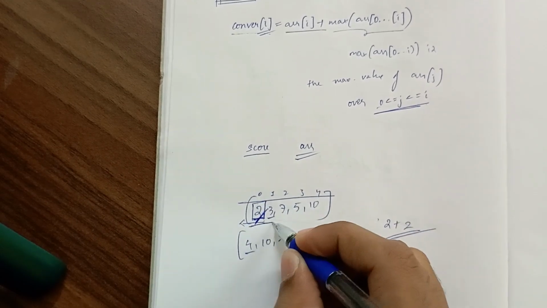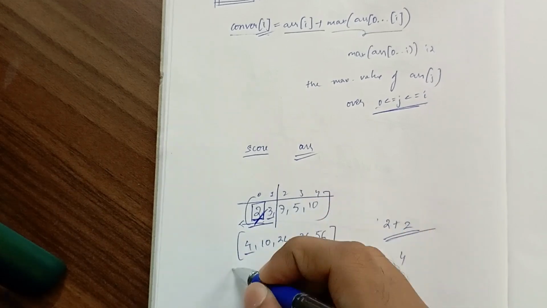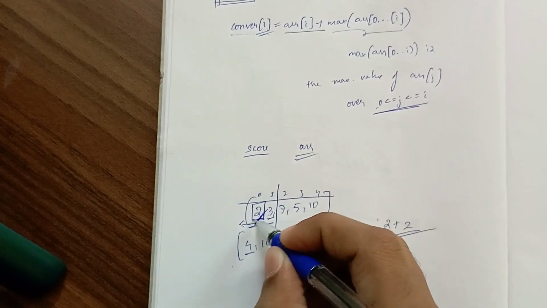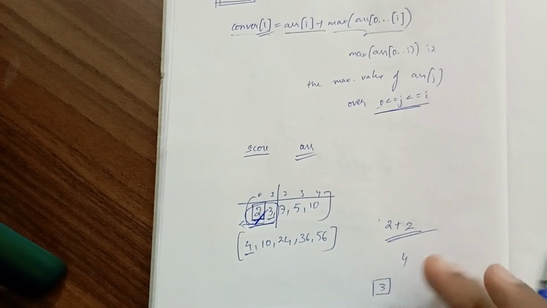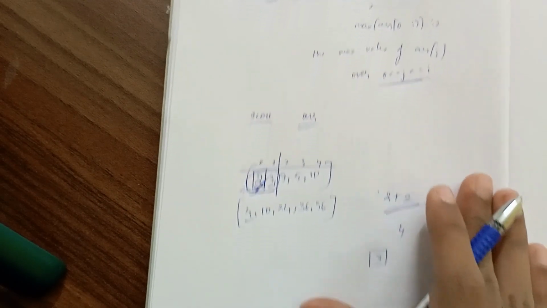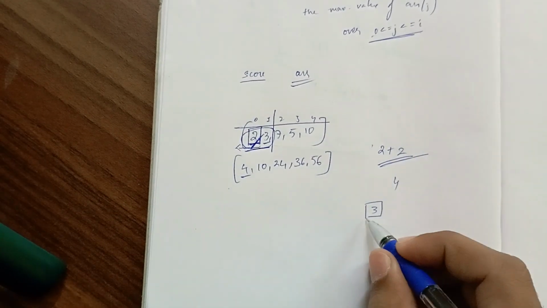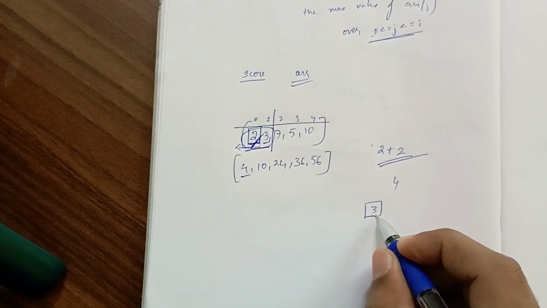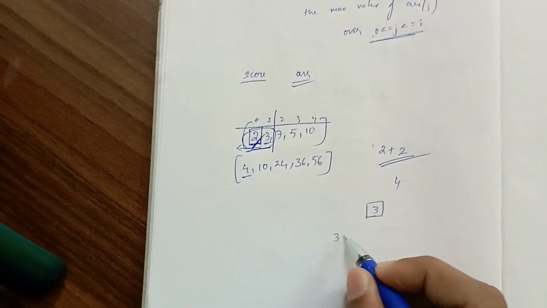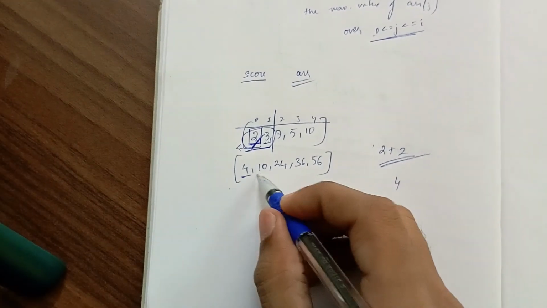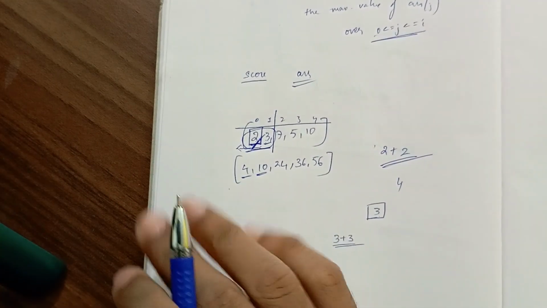And then we got 3 here. When we get to 3, what is the maximum element up to this index? Not 2. From these elements we get 3 as the maximum. So 3 is the maximum up to now, and as 3 is the maximum, we add 3 plus 3. But why is it 10 here? Why is it 10? To understand that